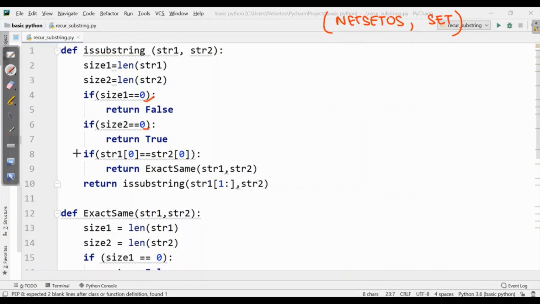So we will start with str1. Here it is asking for the 0th character. That means the first character is matching with the first character. It's not equal, so it will directly go to return is substring, and then it will check the second character with the first character, which is E to S. So I'll write over here is substring. I'll just denote it by I, and here I'll take ET